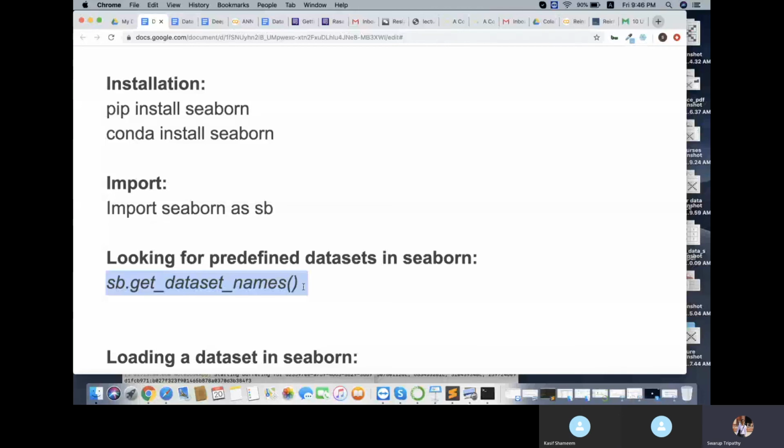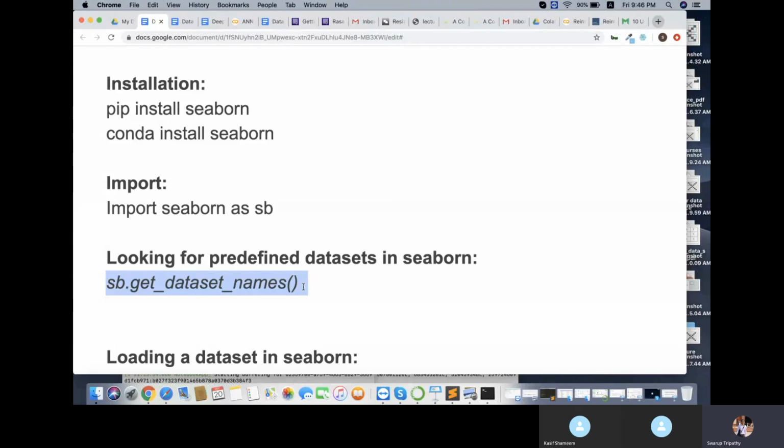So it will show you different data sets like iris data, then it might show you Titanic data, car crash, diamond data, and so on. Those are all real-time data sets which are very famous ones. If you Google, for example, the car crash data, you'll find out a lot of details about those data sets.